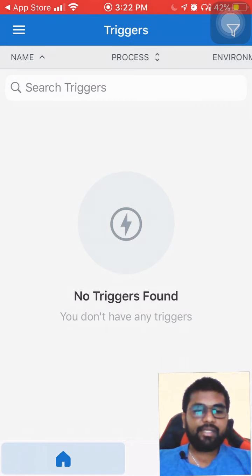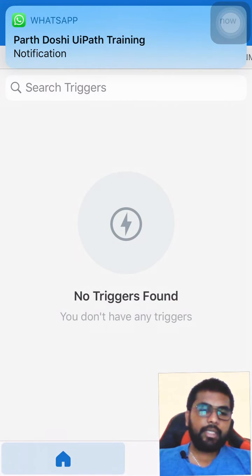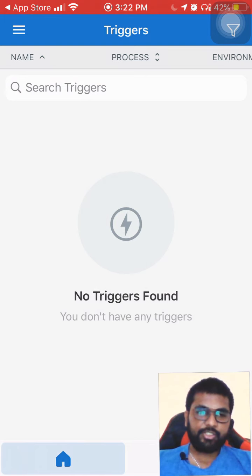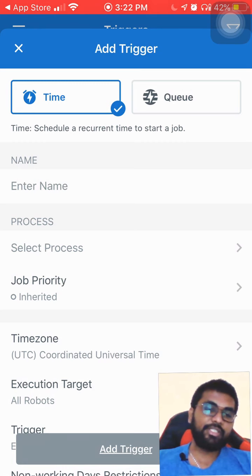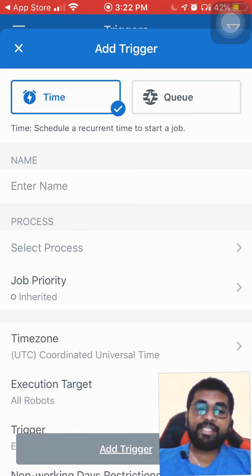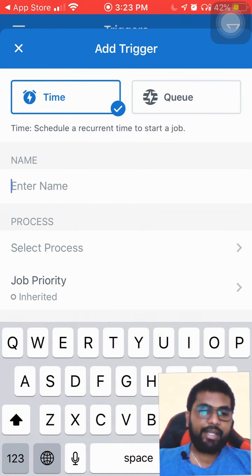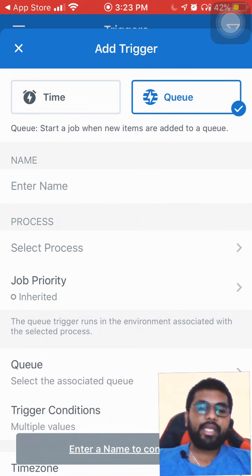So what are triggers again? Triggers are like a point where we can start our execution, or where we would like to ask the bot to start. So here we can start the triggers. That's a beautiful option that's provided by UiPath Orchestrator, and it's very feasible and very easy to use. If I want to start some target trigger, I can do that, and I can also assign one queue. Like if some item is added to a queue, then I can start the trigger, which I have already shown you how to do, starting a robot with a queue whenever a queue item gets added to it.